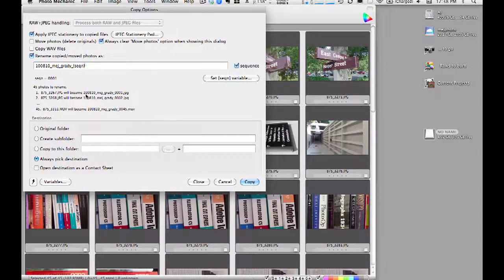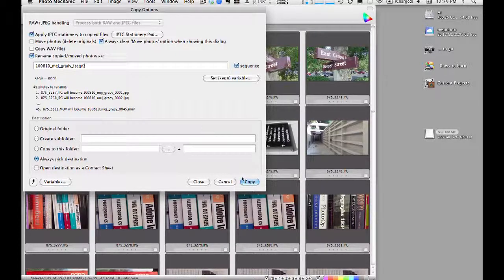875_3267.jpg is going to become 100810_Medj_Grady_0001.jpg. Most of you have a folder someplace that has a ton of pictures sitting in it, and they all have completely random names. What we've done here is we've now renamed our photographs with something that makes sense. We've put the date they were shot on there, who shot them, and a slug or a story assignment on there, so that when we look at the file names quickly, we'll be able to figure out what the picture